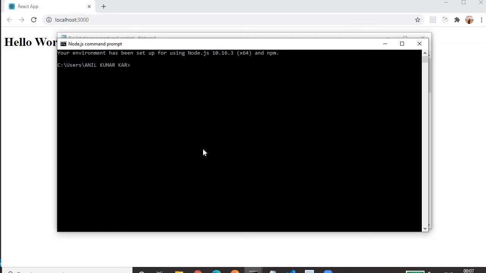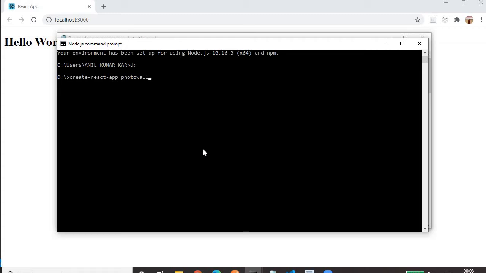I want to create my project in the D drive, so let me go to the D drive. Then the command for creating a project is create-react-app, then the project name. You can give a project name of your choice. I have given the project name as photowall.